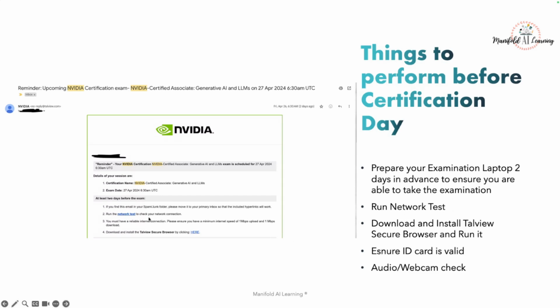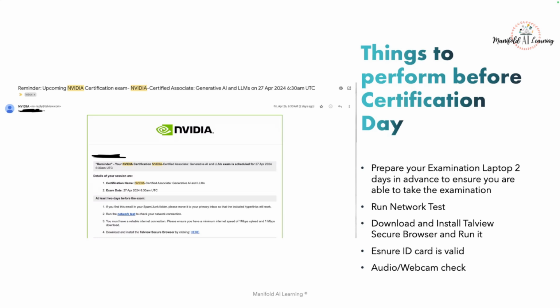It is highly recommended that you perform the network test and the secure browser installation. Do it on the system on which you are going to take your examination, and do this at least 2 days prior, so that if something is not working, you'll have an opportunity to reschedule it.